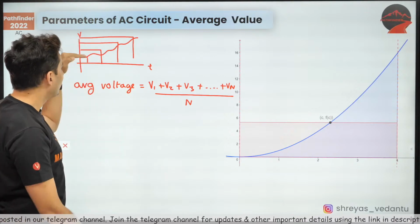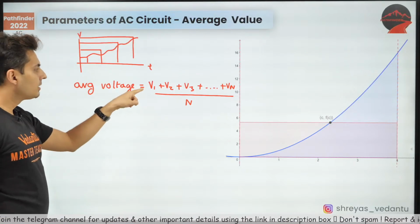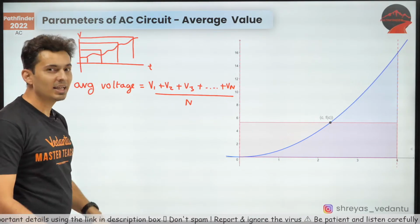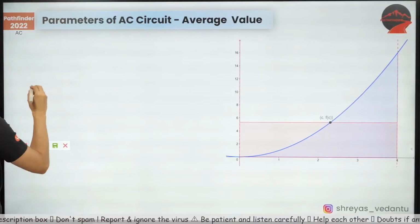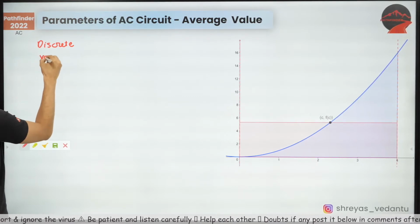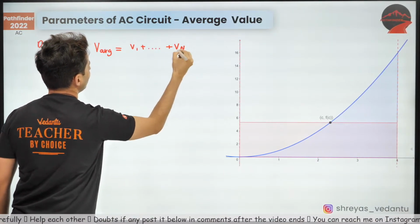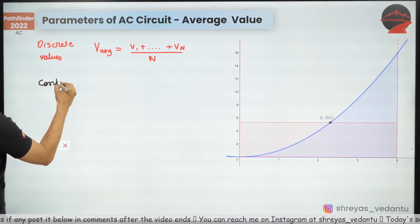But the problem is when you have a continuous graph like this one, or this one, then the number of values that you will take will also be infinite. Does it make sense? So the number of values that you are taking will also be infinite in number. So in that case, you do not have this definition. So when you have discrete, everybody knows what is discrete. Discrete values, when you have discrete values, the average of anything is V1 plus V2 plus Vn, the whole thing divided by n. But the moment it becomes continuous